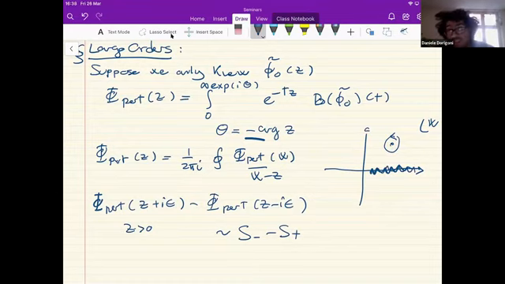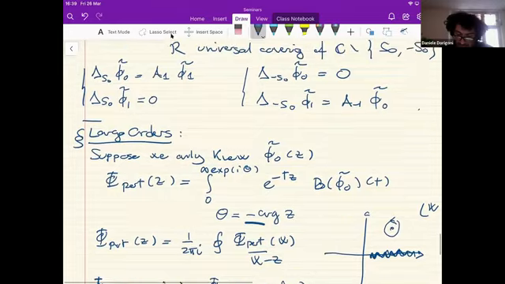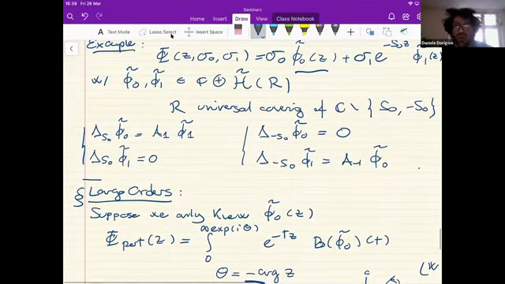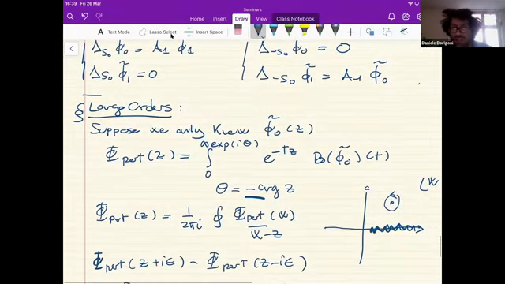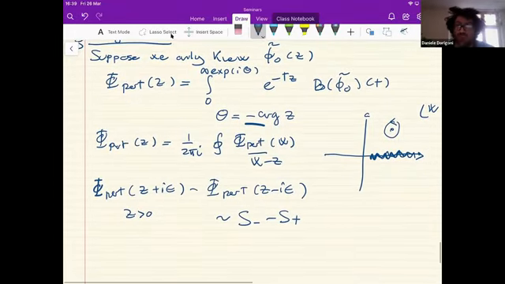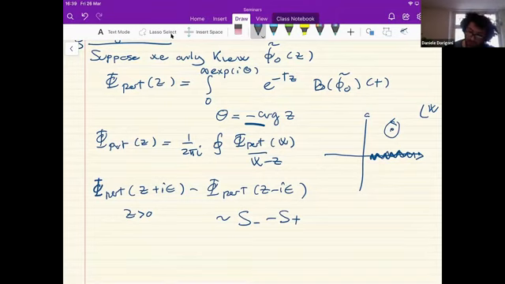And in general, there's going to be branch cuts all over the complex plane, in all the other Stokes directions. This is why I restricted myself to this simple case in which we only have, for phi naught, a branch cut in the positive direction. In general, you will have a lot of branch cuts, and the argument that I'm going to give you have to generalize, but the key idea stands. What we're going to do is close the contour of integration the other way around.